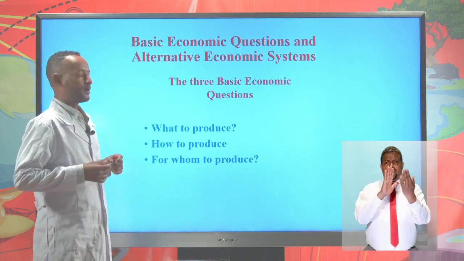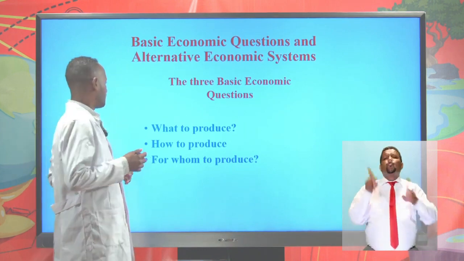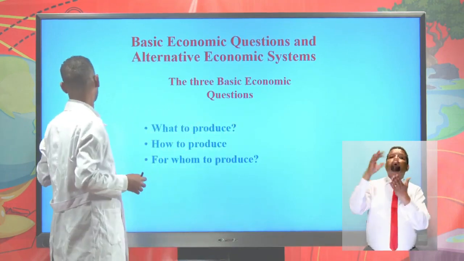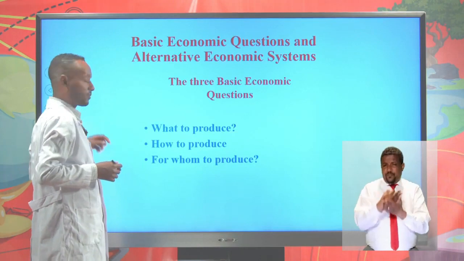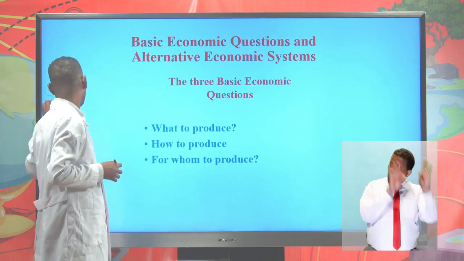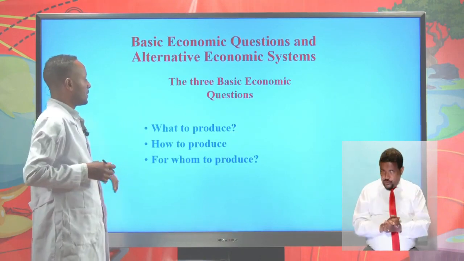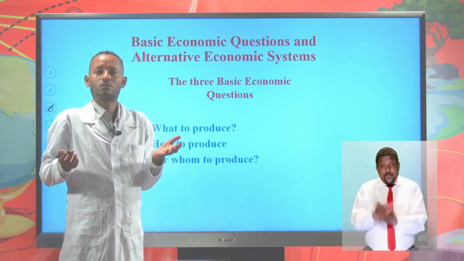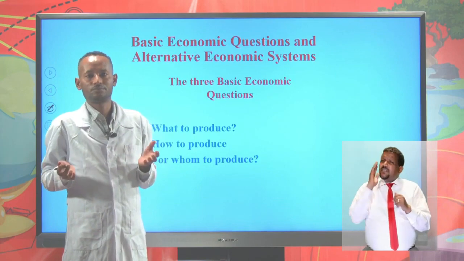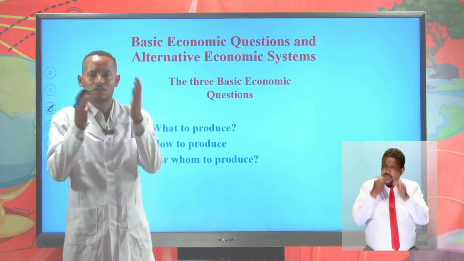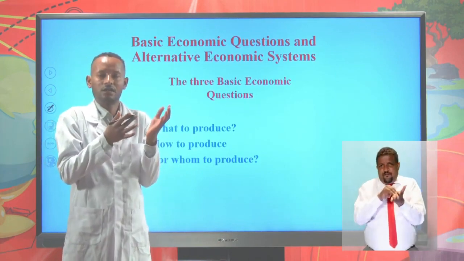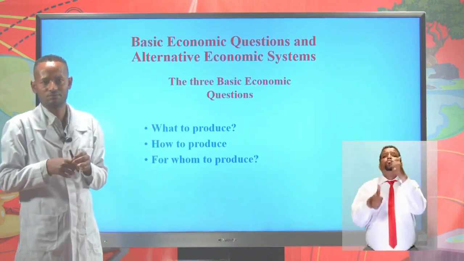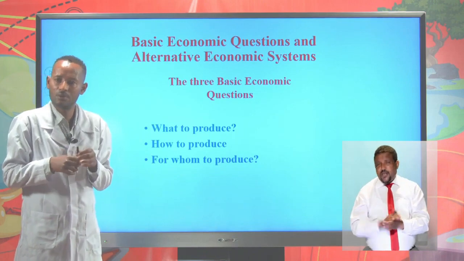society. The first basic economic question is what to produce. What to produce addresses the problem of allocation of economic resources. We do have the resources, but what shall we produce? Shall we produce tractors or TVs? Excavators or automobiles? This is the first question. It addresses the problem of